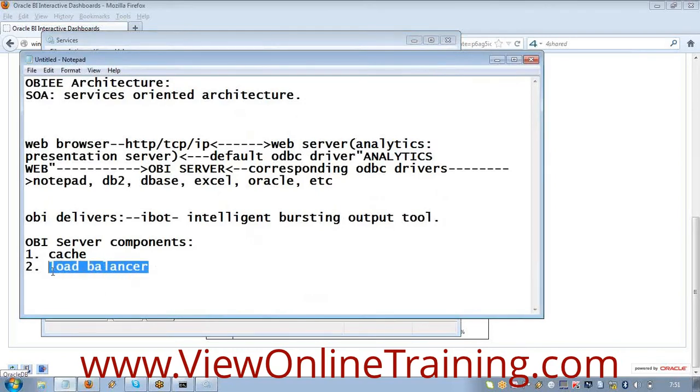And this load balancer program is a software module available only in OBIEE. It is not available in the previous versions of Siebel Analytics. I told you the history, you remember? Previously it was Siebel Analytics and before that it was nQuire. Siebel acquired nQuire and renamed it Siebel Analytics. The last version was 7.8.2.5.